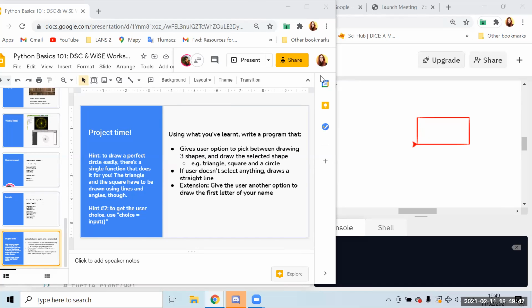If it writes triangle or just T, it draws a triangle, and if the user says square, we draw a square. So that would be the task.